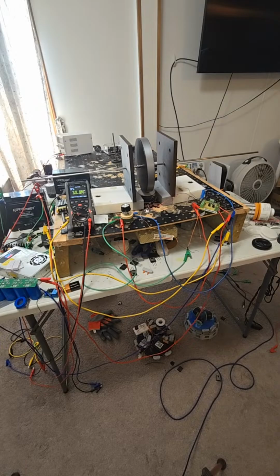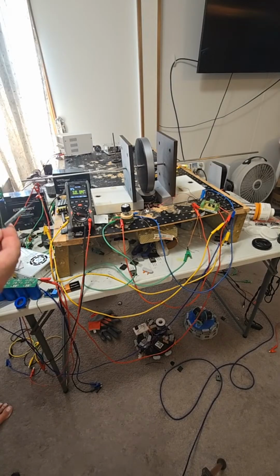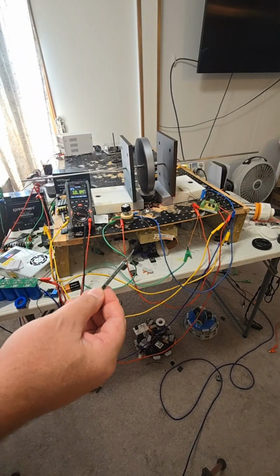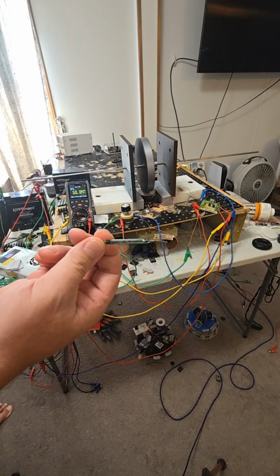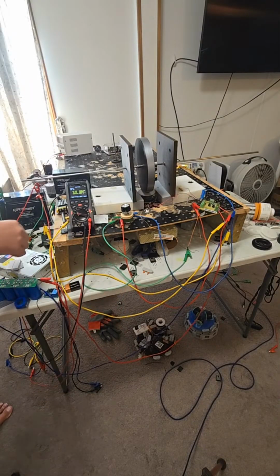And personally, I like how with the reed switch the output is a little bit different. It's a little bit more crisp, a little bit more solid. That's how I would call it. This is my favorite type right here of the real reed switches. But for high frequency reed switches,